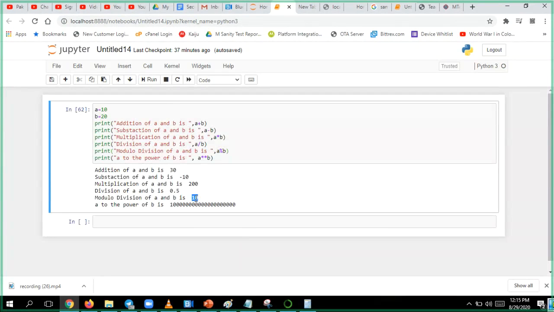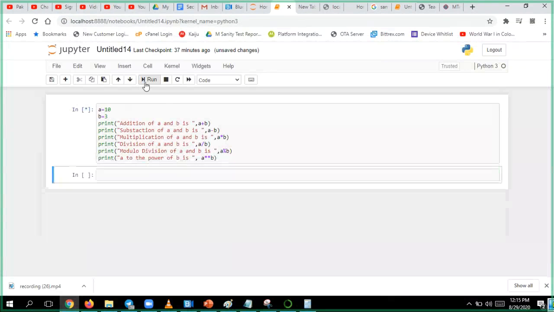A little bit. Okay, that is simple maths. Just try to search for it, someone explains more clearly what modulo division is. I'll take this as an example and run it.